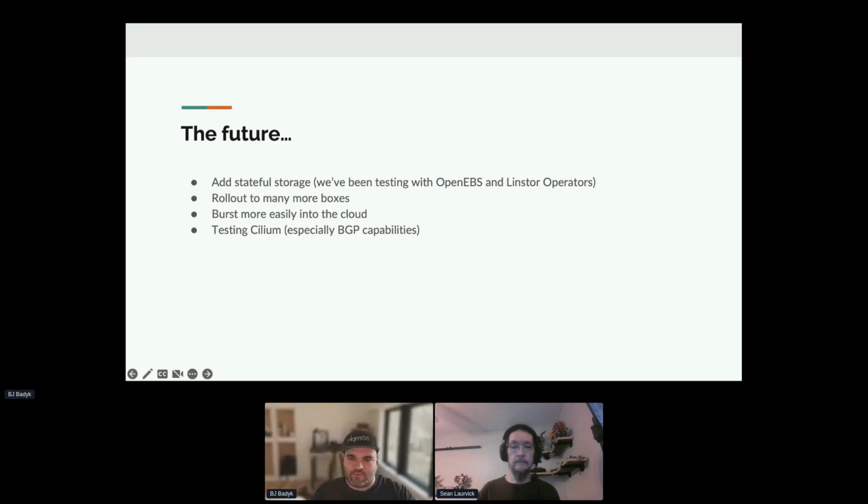And again, as alluded to earlier by Steve and I think some other folks, we want to find a good way to burst into the cloud, a real intelligent way to do that. We've looked at KubeSpan. We've experimented with BGP. I think we probably want to bring our clusters into more of the layer 3 fold, where we have less reliance on, say, the Talos API running on layer 2, and just bring everything straight layer 3. And again, I think Cilium could help with some of that as well. I think there's some feature parity between Cilium and kube-router now as far as its BGP capabilities.